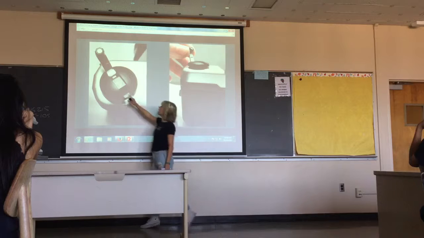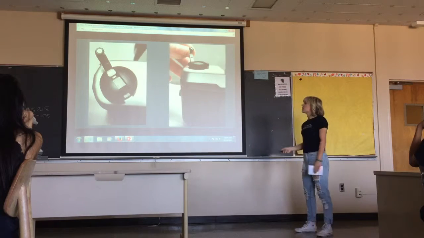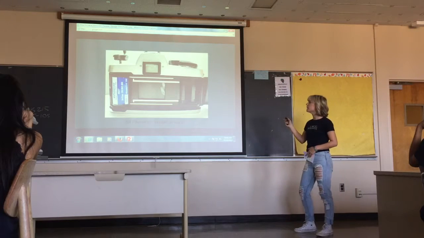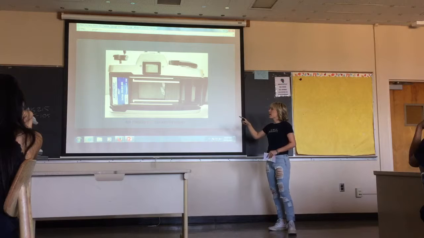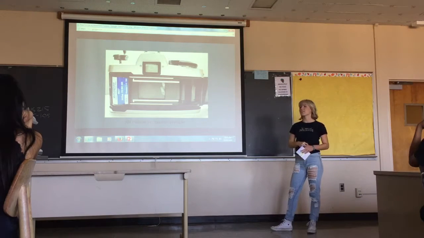So the arrow's right here, and every camera will have an arrow which will indicate which direction to rewind it. And you'll be able to hear the film rewinding in the camera. It will be kind of like a scratchy noise. And then you'll be able to hear when it unhooks from the spoolie and it goes all the way back into the camera. So you want to make sure that the film is completely into the canister before you open up the camera,